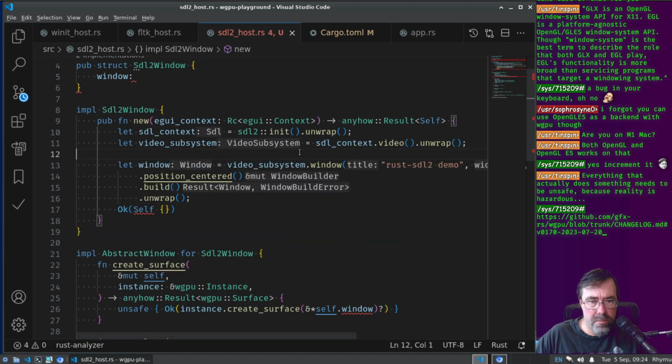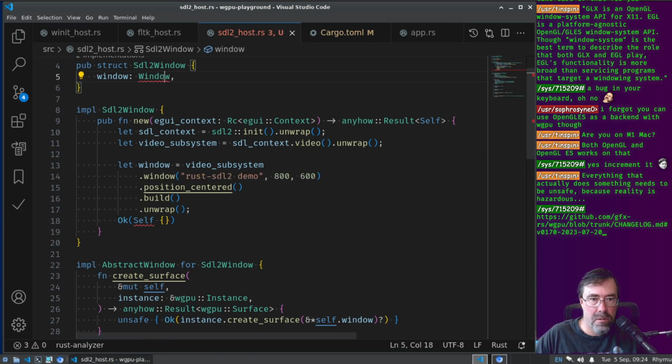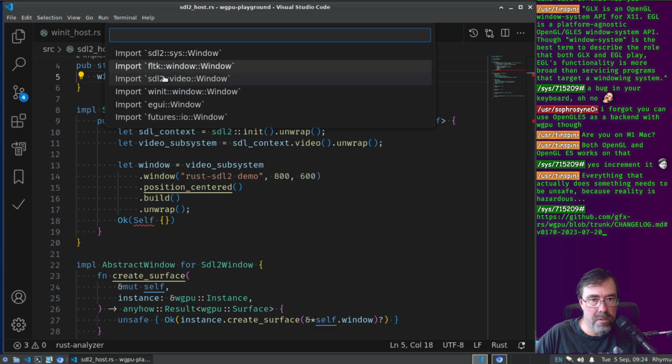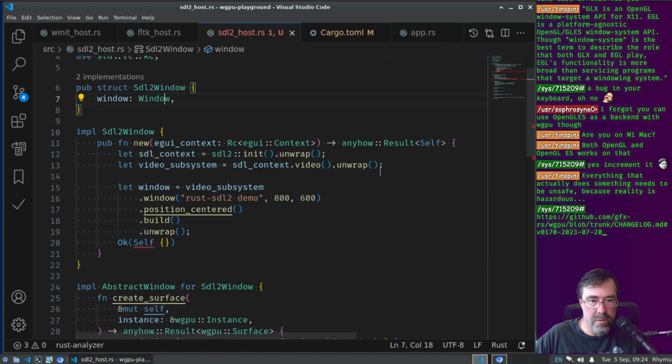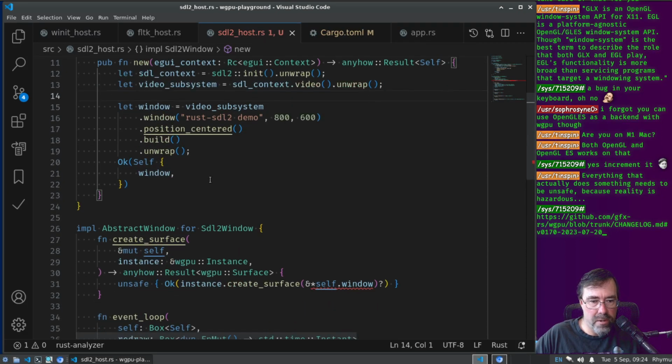Okay, what's the type? It's type Window. Very imaginative. Import window, SDL2, what do we think it is? Sys window, video window, I'm gonna guess video window. Did I guess correctly? Oh, look at that. So we should have a window now, but we'll soon crash when we get to here